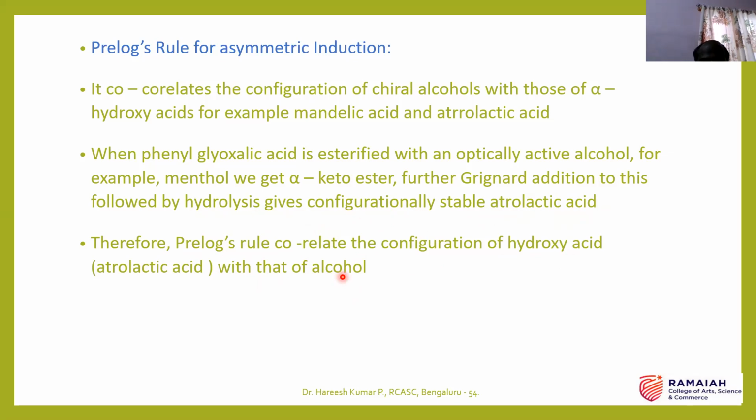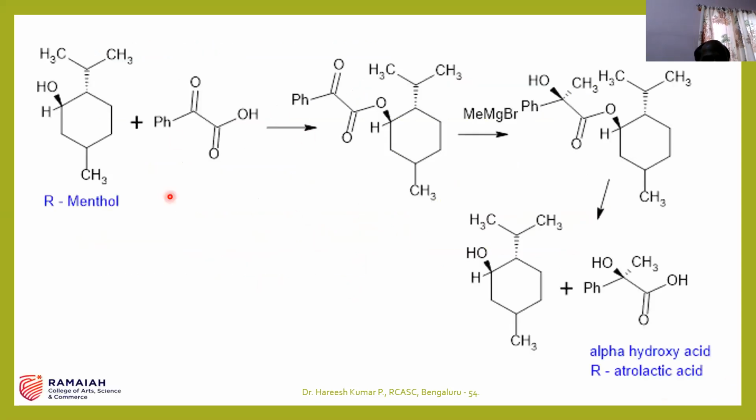Here, the words of this sentence I am explaining in terms of structure. This is the menthol. It is optically active. This is the glyoxylic acid. It is a simple esterification: alcohol reacts with acid giving rise to ester. So when this ester is treated with methyl magnesium bromide, what will happen? The methyl carbanion will